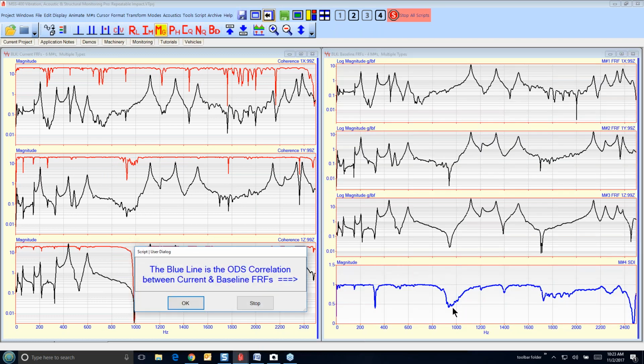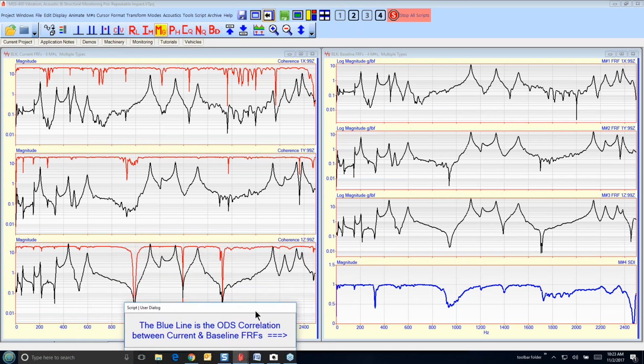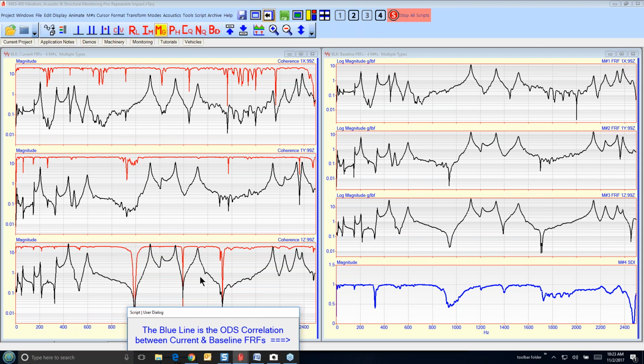You can see that we got a drop out here where two of the three FRFs have very little response in them. So that's not correlating very well with my baseline. And you can see that even over here at that frequency, the coherence is dropping also, especially in the Z direction here.